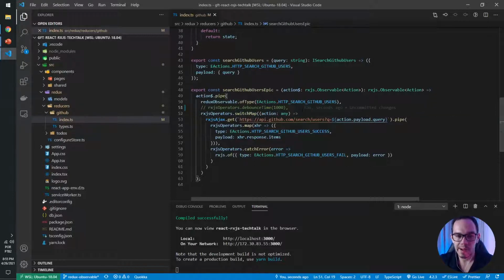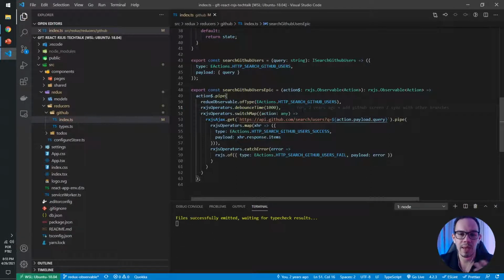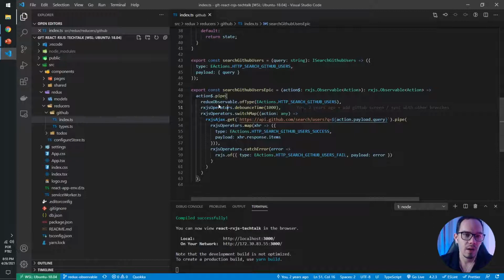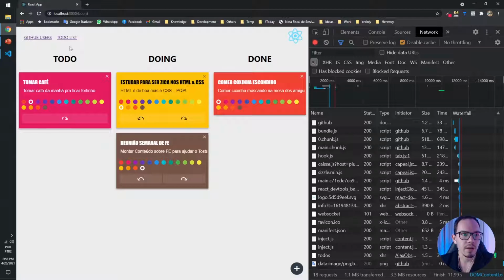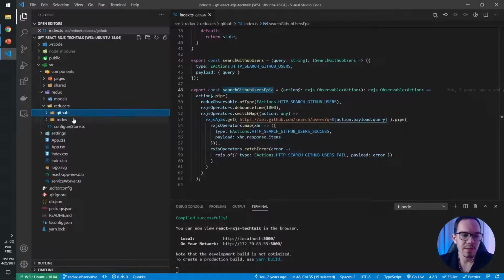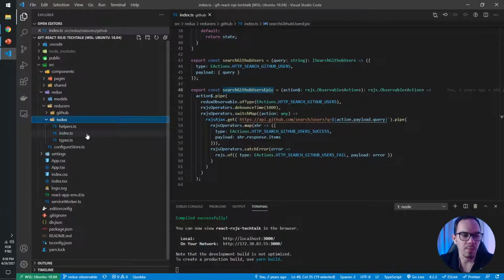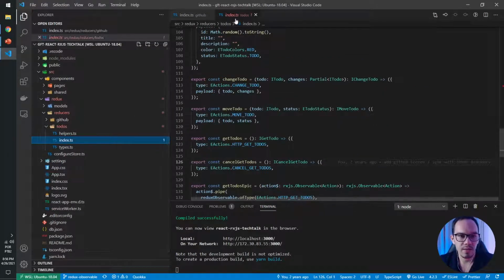So we can handle a lot of things, asynchronous code, in a very easy, understandable and interesting way. So we can achieve this kind of thing here in your GitHub action, search GitHub users epic. And the other page I would like to show you is our to-do list. Our to-do list happens almost the same way. If I show you the index.ts here,